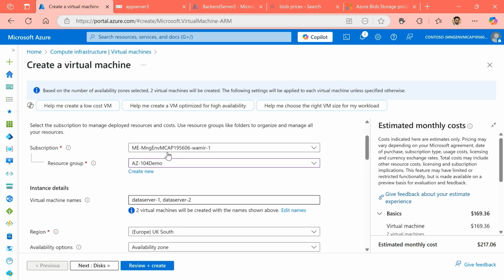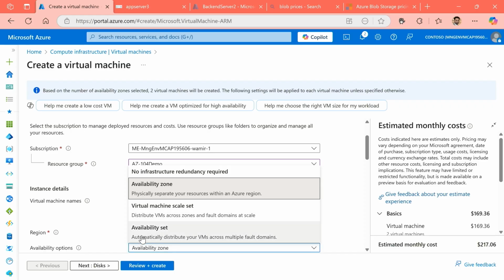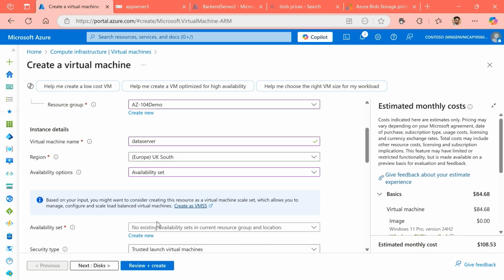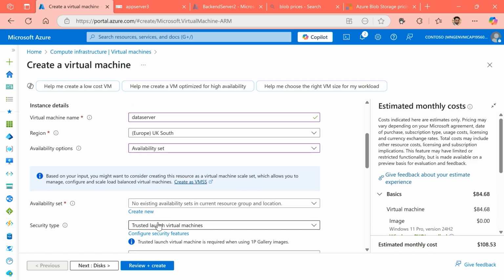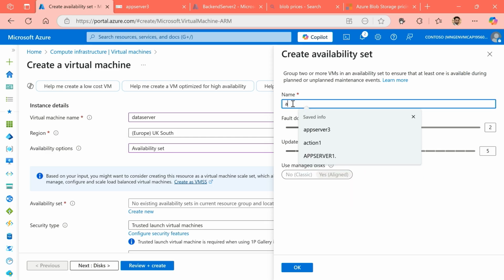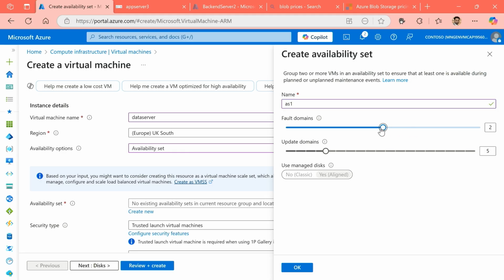However, if we were to change this and suggest that we were considering using availability sets, then I can go into choosing availability sets from in here. And as part of that, it would suggest, hey, do you have an availability set already created? And I can choose over here to create a new one if I don't have one. All I need to do is give it a name, so we can call it availability set 1. And you can see I can create up to 2 fault domains or 3 fault domains, a choice I can pick from. I can choose all the way to go up to 20 update domains if I needed to as part of this. So you have some of those options to configure.